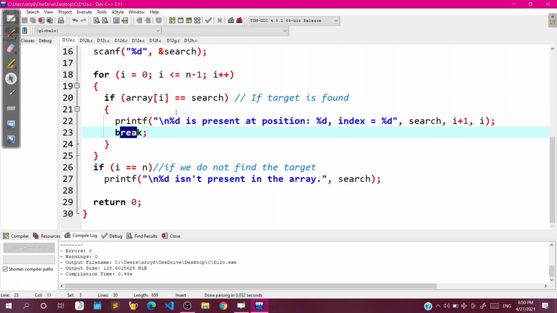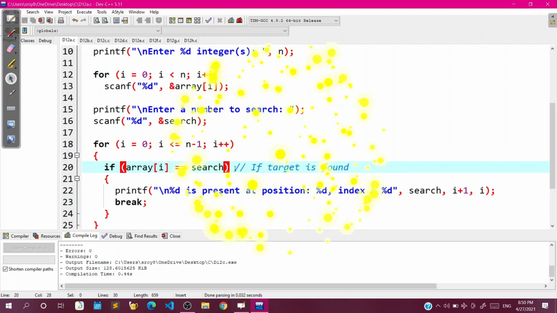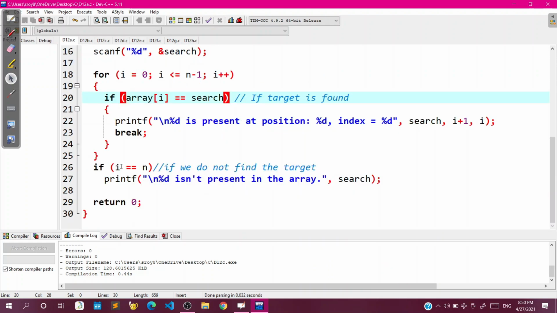If we do not find it, then what will happen? Can you think of it? Let us pause the video and think. If we do not find an element, suppose it is not present in the array, then what will happen? If you found it right, then congratulations. i will reach the value n. If for no index this condition becomes true, that means the element is not at all present in the array.